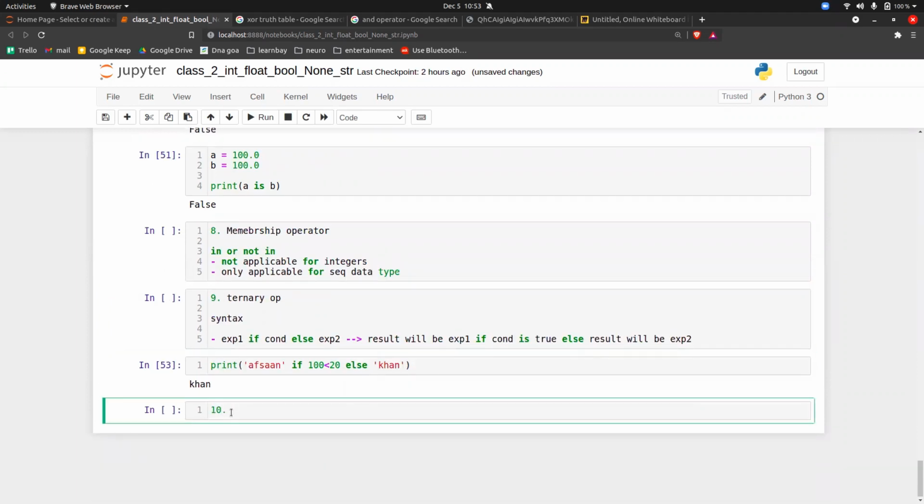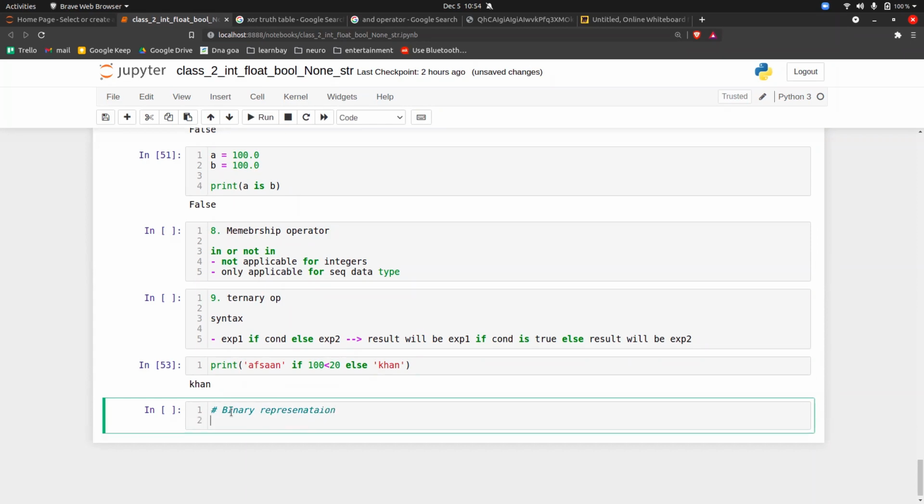The 10th one is just for your knowledge, and that is we will learn something about binary representation.